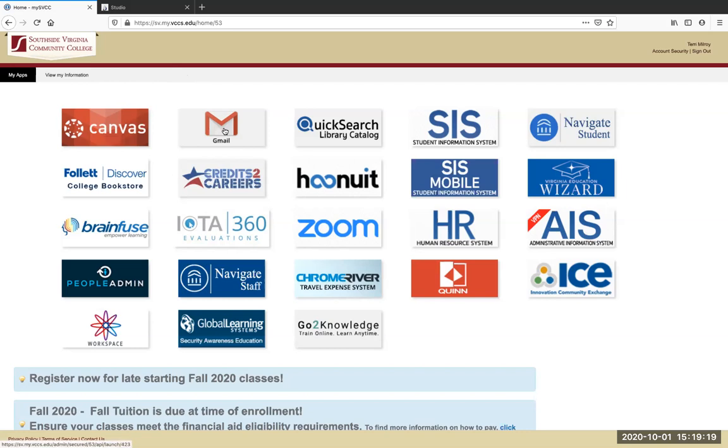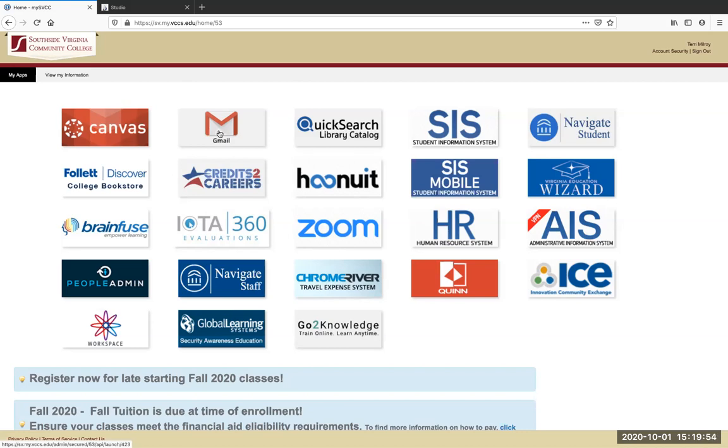You will also have a Gmail tile or button on your portal. This Gmail account is your student Gmail account for as long as you're a student at Southside Virginia Community College. Please note that as of February 2020, until you've actually made a financial commitment to the college, new students will not have access to their Gmail or their Google Drive. Once you have either made a financial commitment out of your own pocket or have indicated that grant funds or other financial aid should be directed to the college in order to pay for your expenses, you will have access